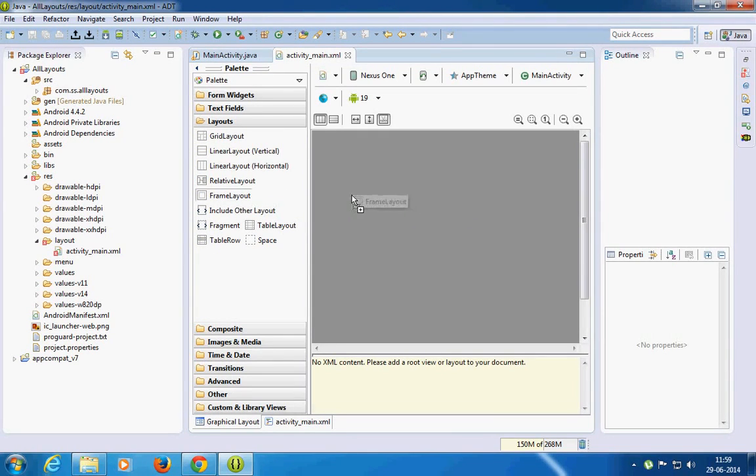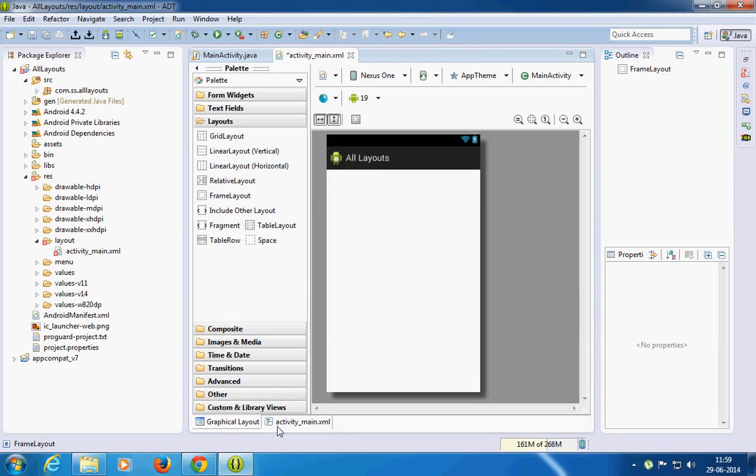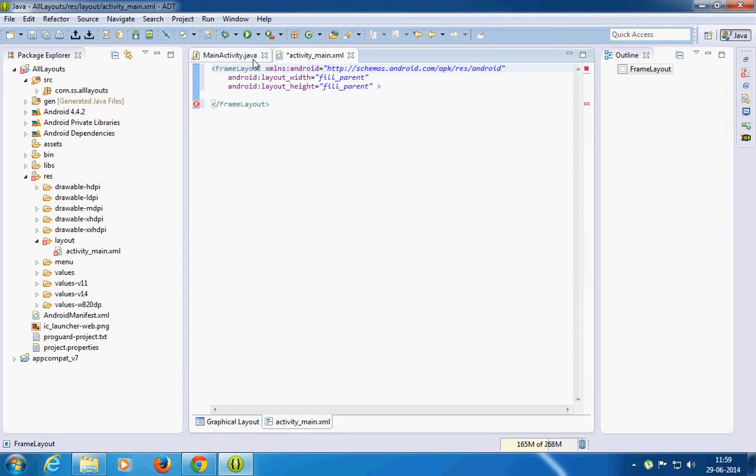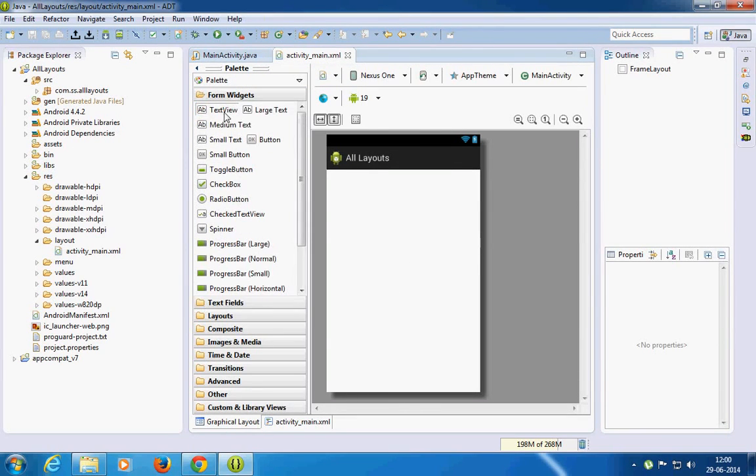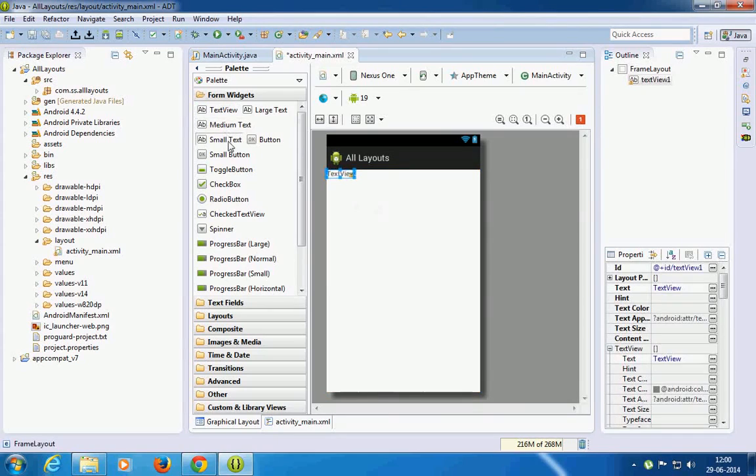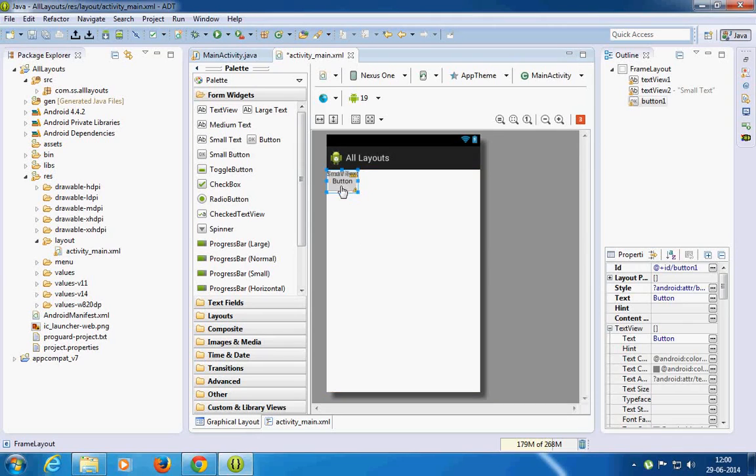And if we have a frame layout, although there's not much I can show with respect to directly showing a frame layout, the main purpose of frame layout is to put everything in a single frame. The frame needs to be adjusted properly, so you have all the items exactly put in.